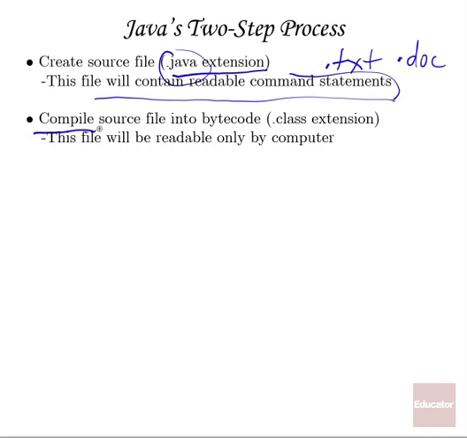And when you compile source code, it converts it into bytecode, which is similar to binary. That way the computer can run it. The computer and the system recognizes it, although if you try to open up that file, it's going to look like gibberish to us because we as humans can't read that type of class file. And that Java class file is going to have a .class extension, and that's the one that the computer runs and recognizes when we actually run the program. We'll see these in the folder as we create them today.